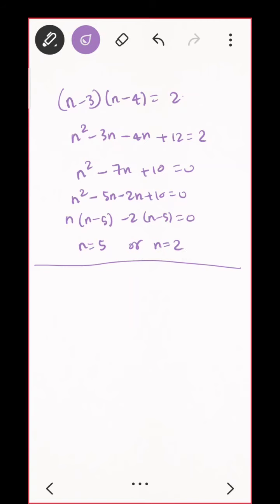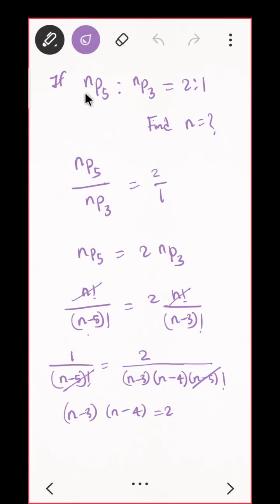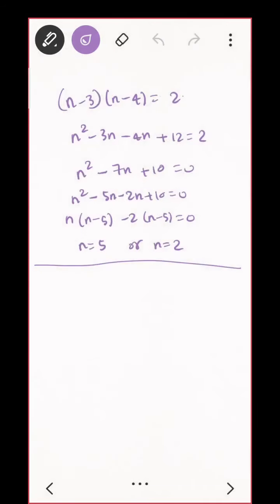But do you see that in the question they are asking about nP5 also. So your n should be greater than this value. Your n must be greater than r. Do you agree? But here your r is 5 and 3, so your n should be greater than or equal to 5, so n cannot be 2, so this is not possible. Correct? Do you agree? Because n is always greater than or equal to r, so it will be greater than or equal to 5 and also greater than or equal to 3. So we have n equal to 5. This is my final answer. Is that okay?